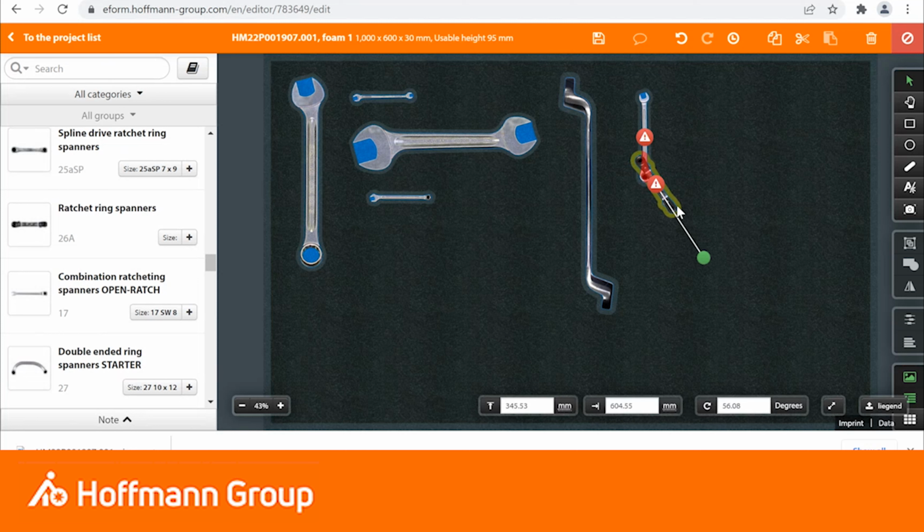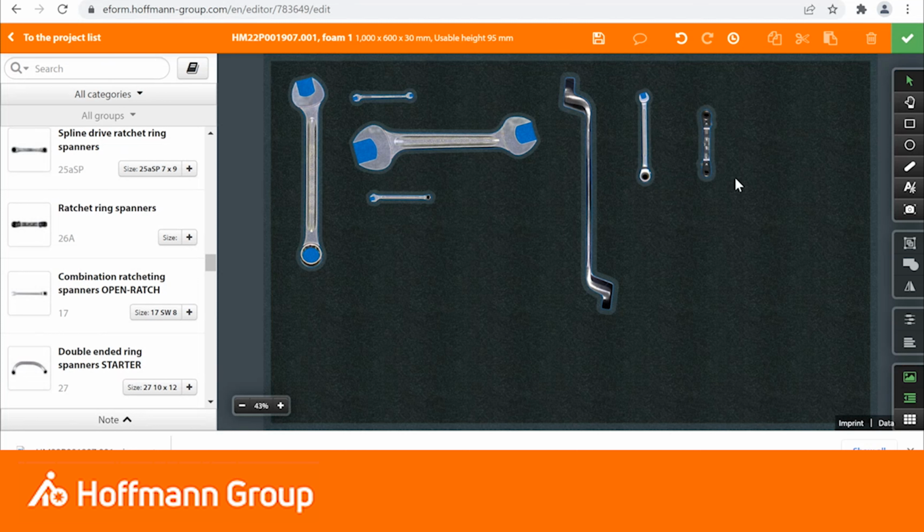So it is foolproof in a way that it won't let you click save and buy unless it's a foam that can actually physically be made. So it's a really clever tool. Customers can just design their own layouts. They have all the tools that they want in the layout that they want, and then they can put it in their drawers. It's a good tool, I think, on the eShop. And you literally just save and you're done. Once you've saved, you can go back and